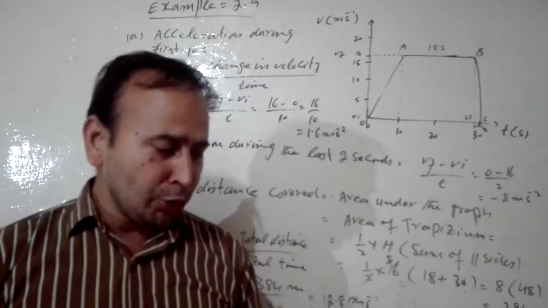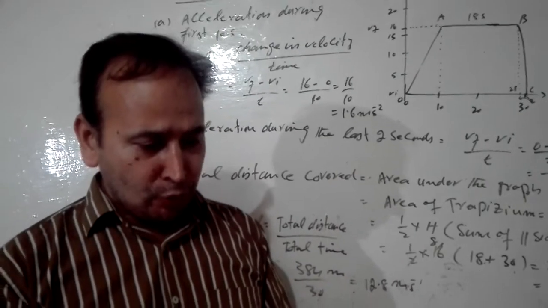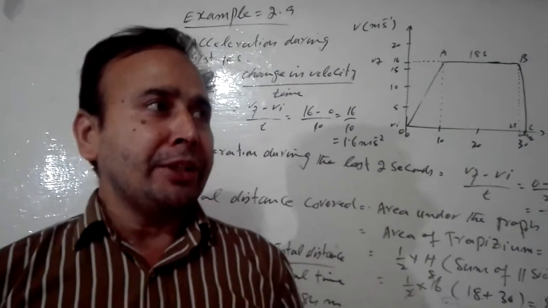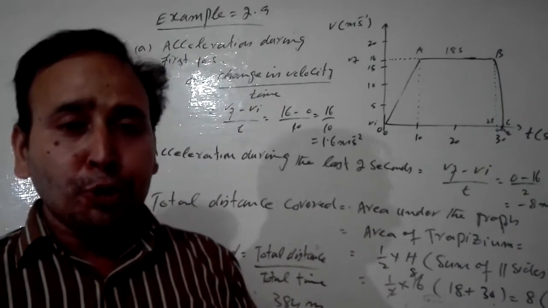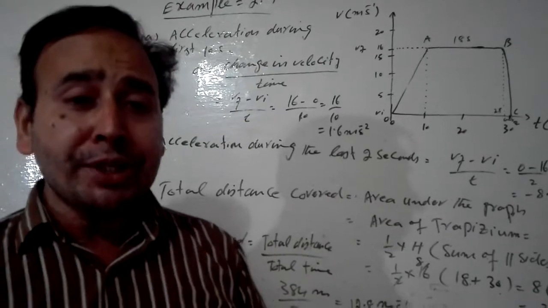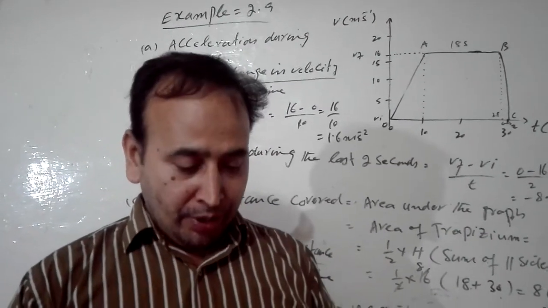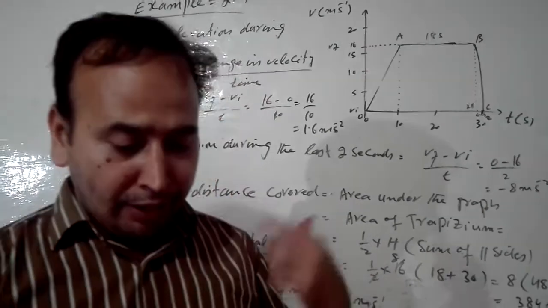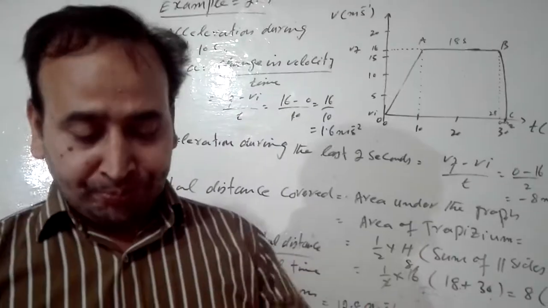I just told you examples 2.7 and 2.8 you can solve easily because I have made the concept about these examples very clear to you. You have to open your book and try to understand these examples. If you find any difficulty, you can ask me. But I think that example 2.9 is a bit tricky, so that's why I thought I will explain it to you.